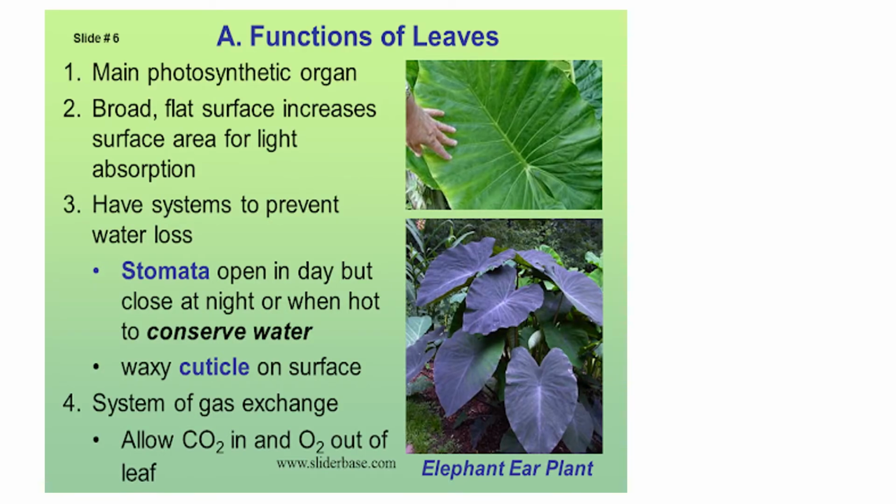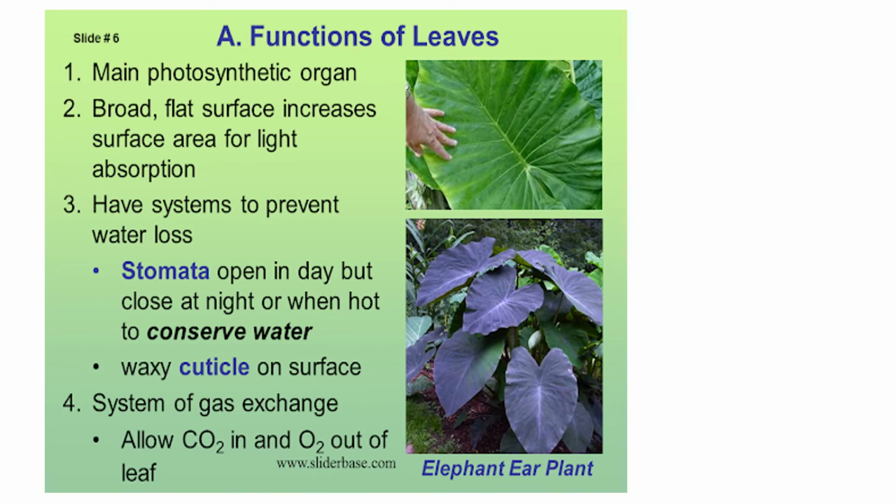And some stems are adapted for specialized functions. Functions of leaves are, it's a main photosynthetic organ. Photosynthesis means the preparation of food by the plant. Plant prepares its food in presence of sunlight with the help of water, carbon dioxide and various other things from the atmosphere, and this is known as photosynthesis.